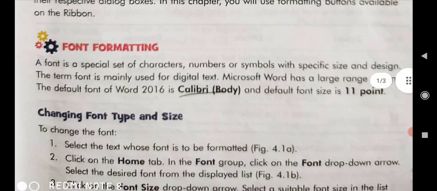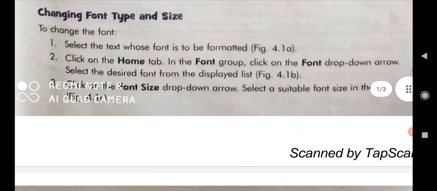To change the font type and size, we have some steps. First, select the text whose font is to be formatted.